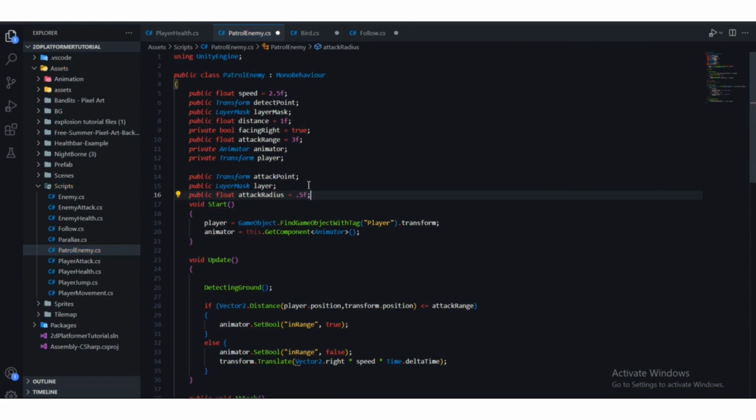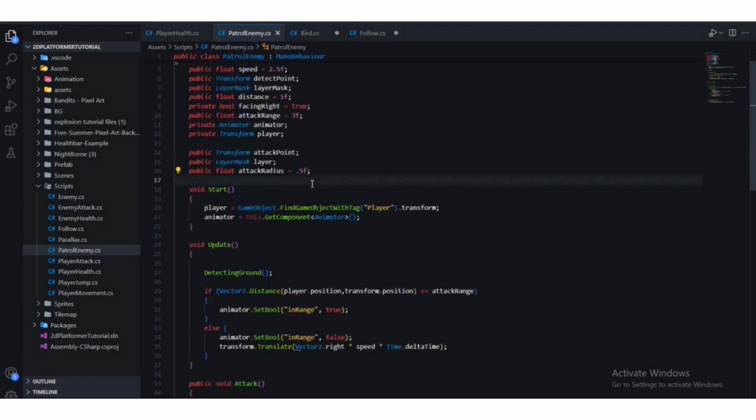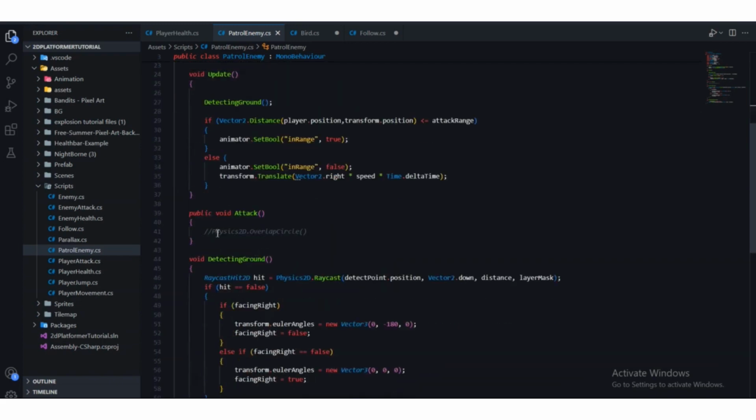Okay, Control S on your keyboard to save this. So what we're gonna do, we're gonna go over to the attack function, and we're gonna use this